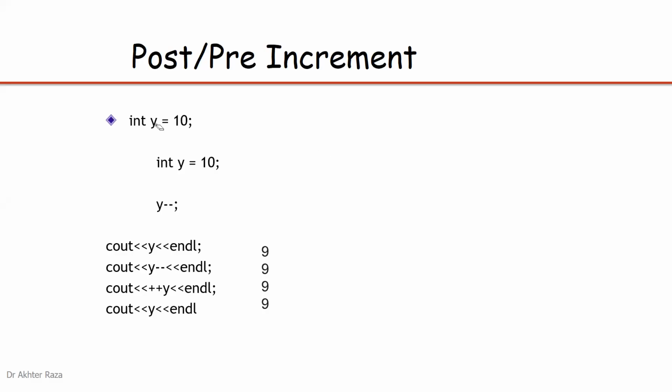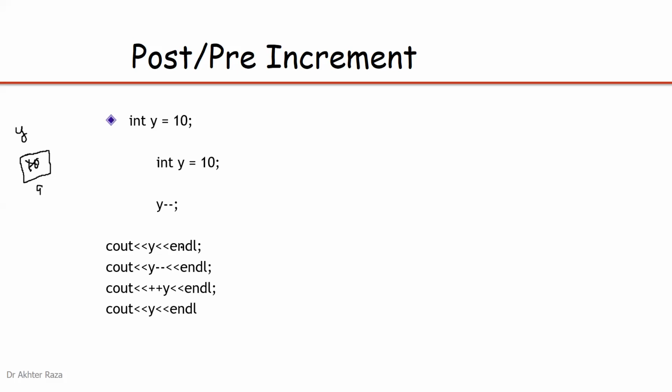In this statement, an integer variable y is declared and the value 10 is assigned. If after execution of this statement y is decreased, then initially the variable y is created and 10 is assigned to y. After assignment, nothing is printed on the screen. Y is decreased by 1, so it becomes 9. Just after assignment, it is decreased by 1, and the value becomes 9.